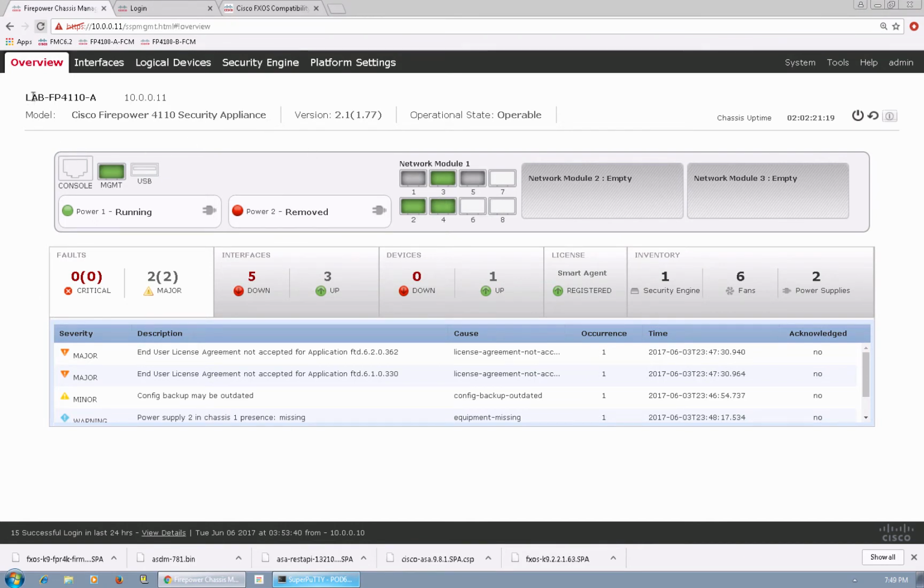So this is the host name which is configured on this device, and this is the management IP, and it will also show the FXOS running version, which is 2.1.1.77, and this is the port status. The green indicates it's online, and the gray indicates the port is disabled. So here these are the network modules. The network module is empty now, and it will also show the status of the power supply,